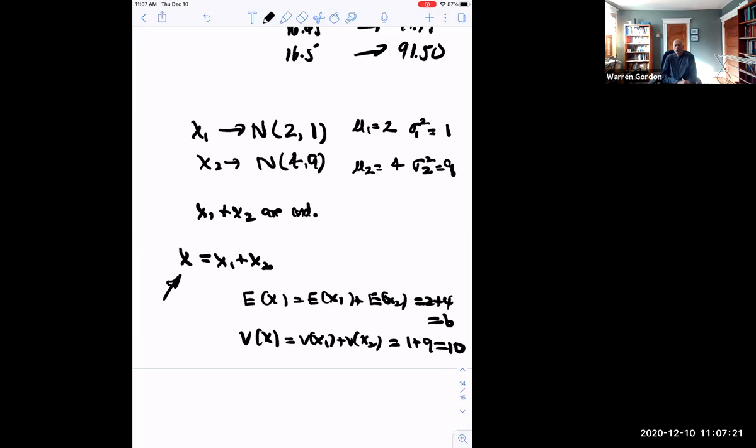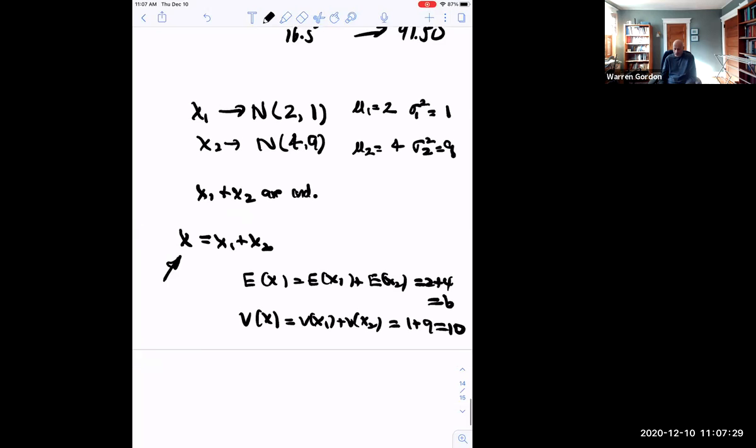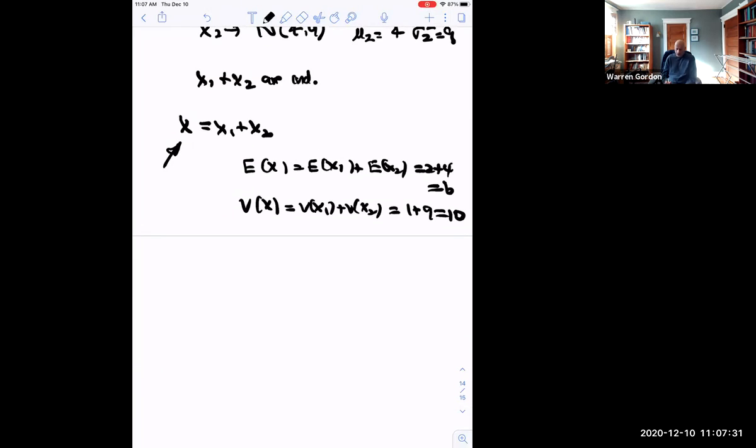People then said, and it's normal. How do you know it's normal? It could be maybe it's another distribution that has mean 6 and variance 10. Now, the way to prove it's normal is the following. Remember, if you have N of mu, sigma squared,